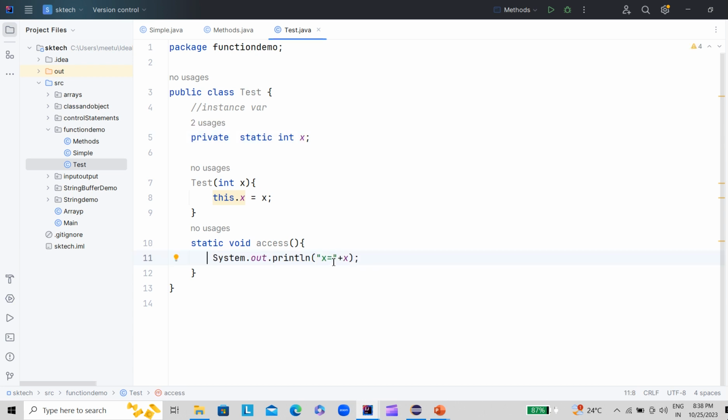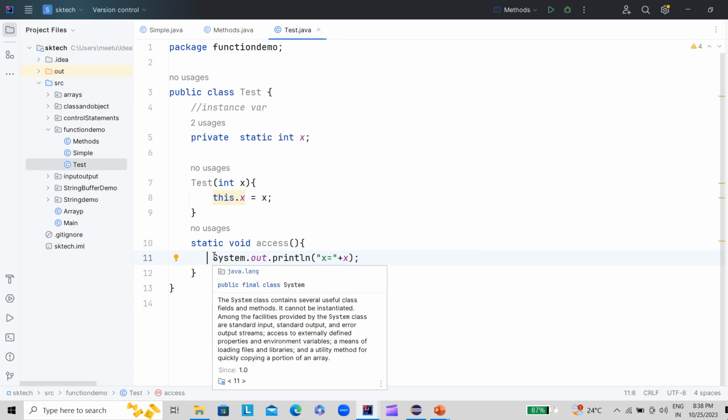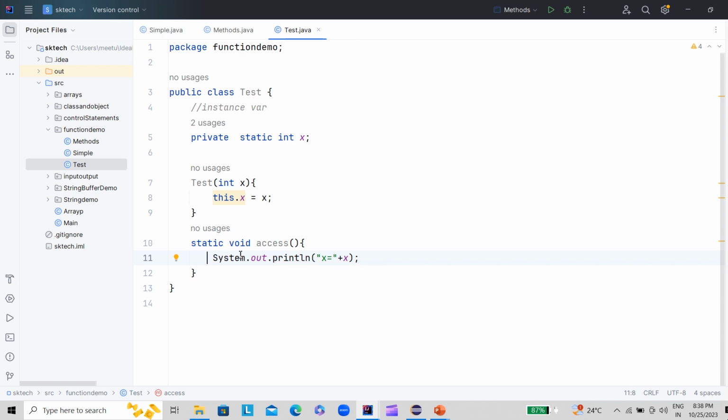If you can see here, it is not throwing an exception because this is also a static variable and this is a static method. So when the JVM calls this method before creating the instance of the class, this method will be available since it is static. Here we have tested whether the static method can access the static variable or not. The answer is that a static variable can be accessed inside the static method.